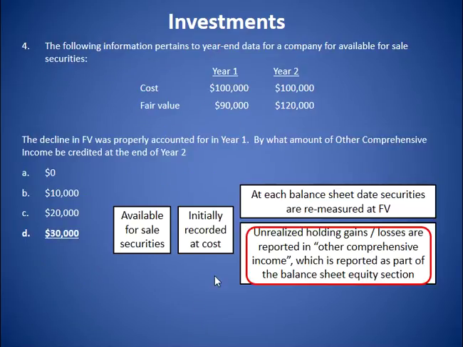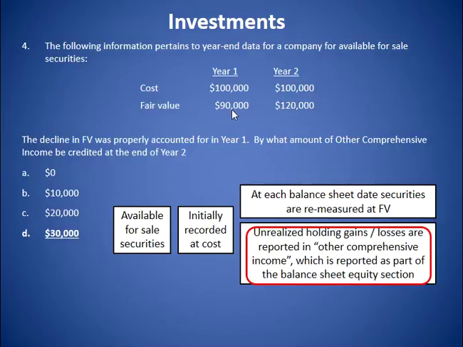Okay, so the question here again for question number 4: by what amount should other comprehensive income be credited at the end of year 2? And the answer here is D, $30,000. So if we take a look between year 1 and year 2, cost is always $100,000 because the cost remains the same. However, there was a decline in the fair value of this available for sale security to